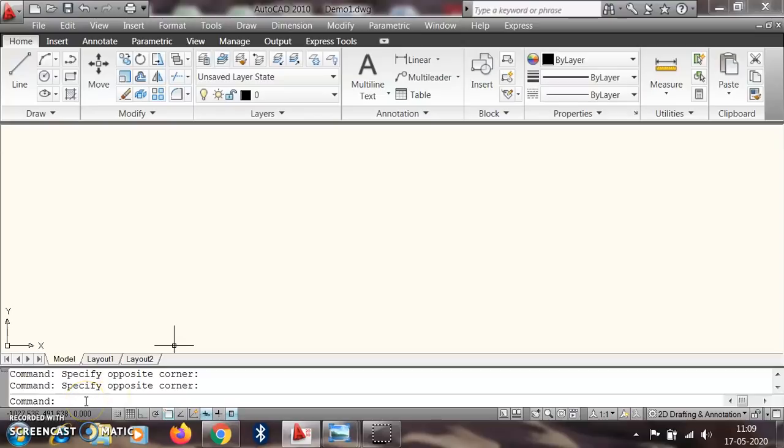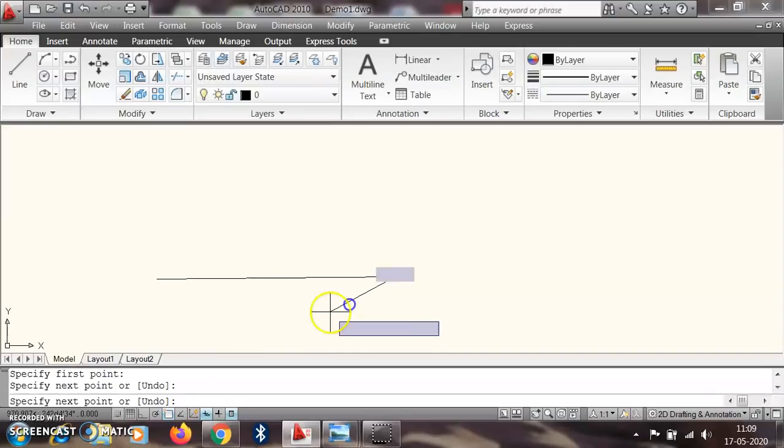Suppose I select any command, suppose the line. I talk with the software: give me a line. I type here line and press Enter, then it asks me to specify the first point. I click on this point, then it again asks me to specify the next point, so this will be the second point.